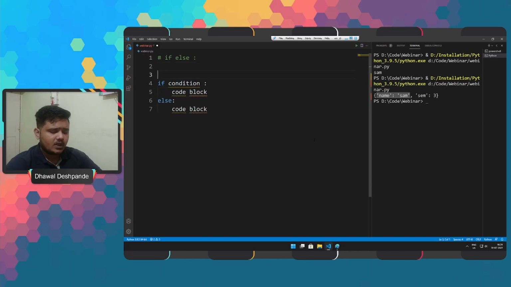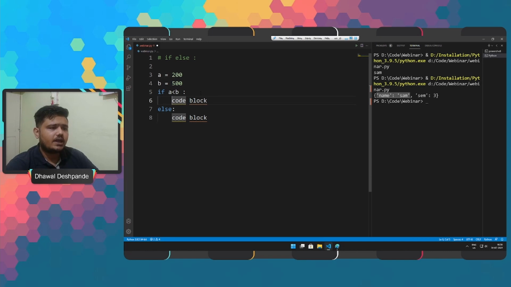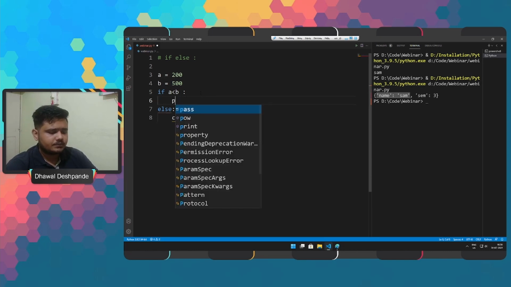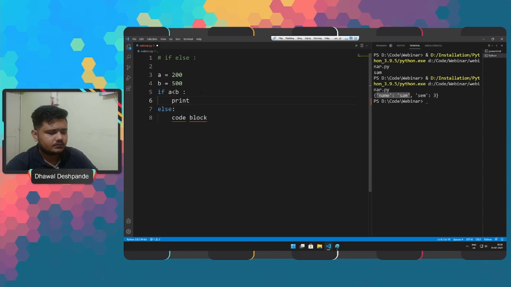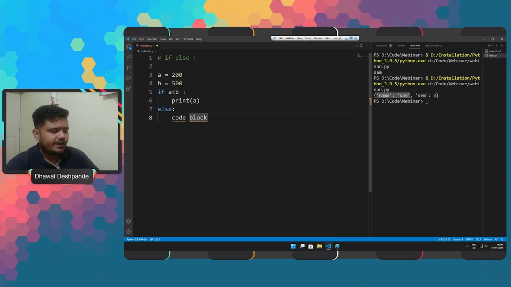We will take two variables, let's say a equals 200, b equals 500. Then if a is less than b, we will print a. And in the else block, we will print b.